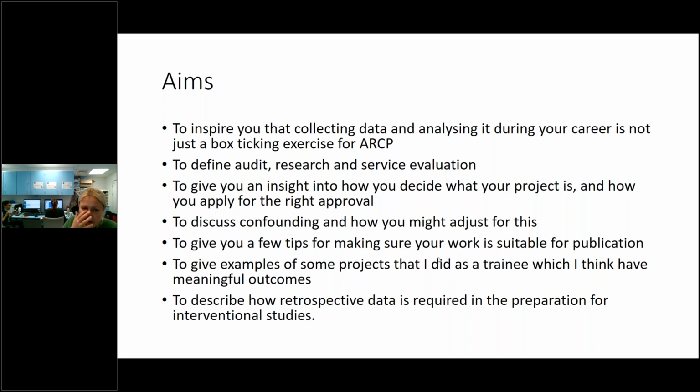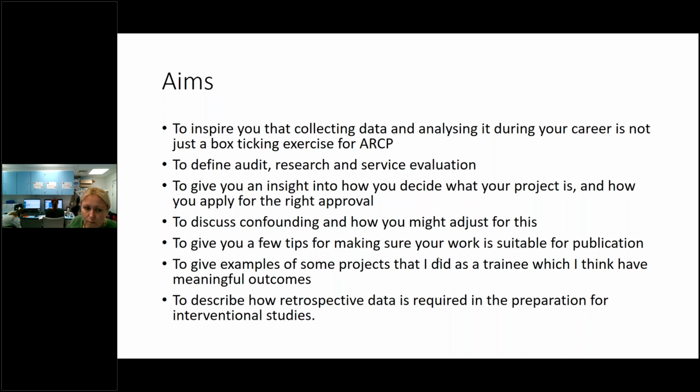To give you a bit of an insight on the processes you need to go through to decide what your project is and how you apply for the right approvals to do your work. And then depending on how far we get and how much depth people want me to go into, we can talk a little bit, very basic, about the stats you might use if you're doing a retrospective project